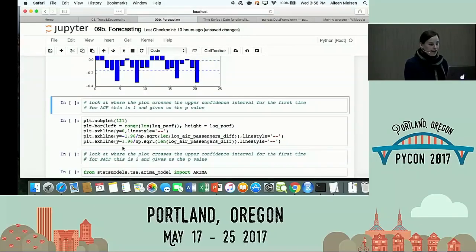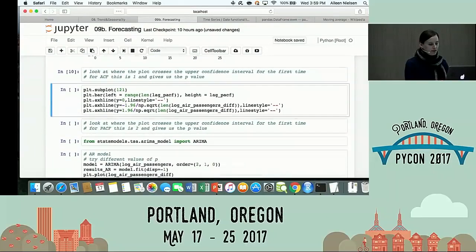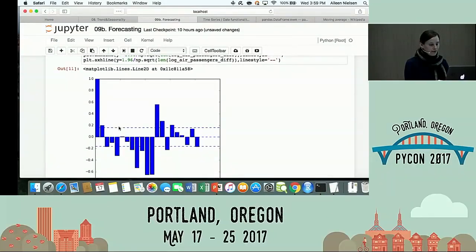I'm also going to look at the partial autocorrelation function to look for my AR term, my autoregressive term. So this was my moving average term. Now I'm interested in my autoregressive term. And here it's a little dodgier. So again, this stuff out here I'm going to chalk up to seasonality, but after my lag of 0, I have a lag of 1, which looks significant. That is above my rule of thumb significance dotted line, my 95% confidence interval. This one is just on the brink. So I'm thinking this looks like an AR1 or an AR2 process.